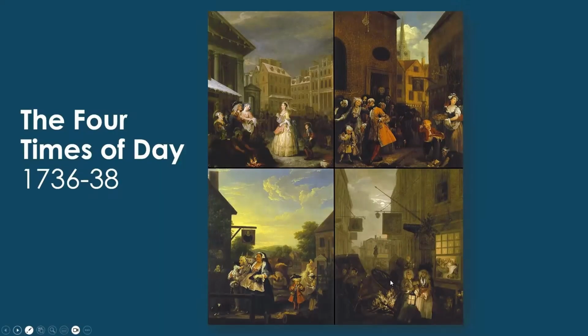The Four Times of Day is a series of 4 oil paintings by English artist William Hogarth. The paintings were completed in 1736 and the engravings 2 years later. They are humorous depictions of life on the streets of London. Whereas some of Hogarth's other series are meant as moral tales, these paintings present caricatures of contemporary figures and provide a glimpse of everyday life in 1730s London.